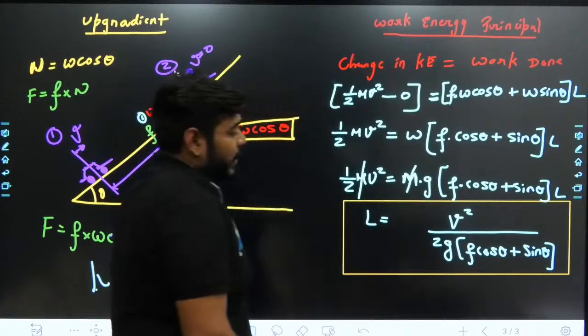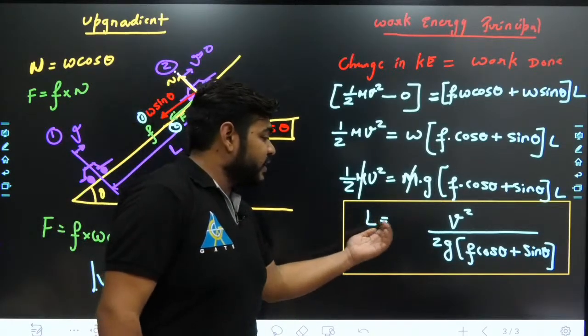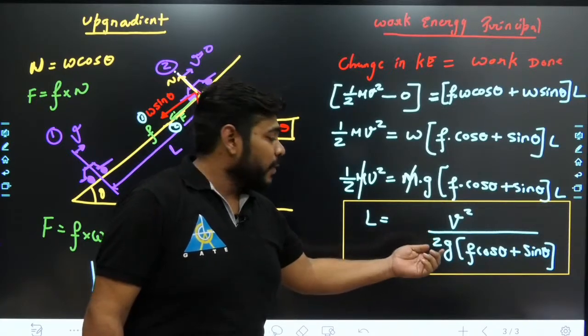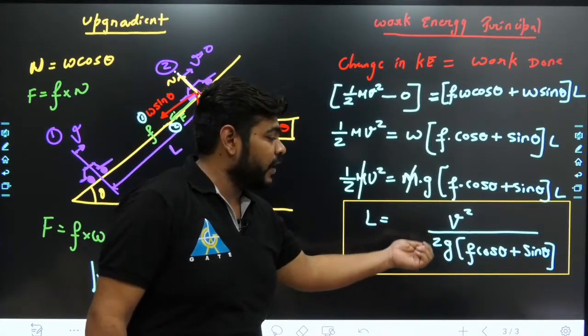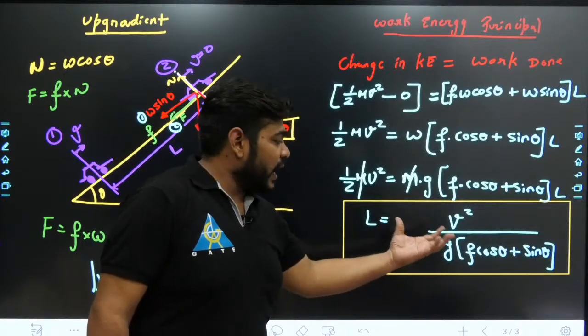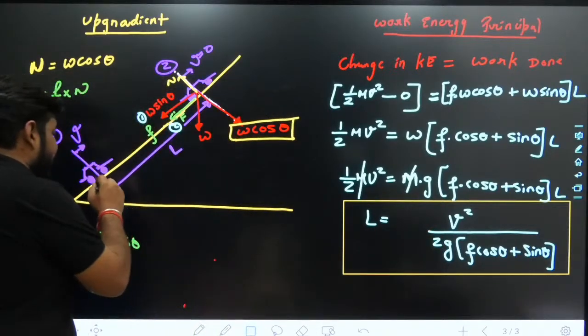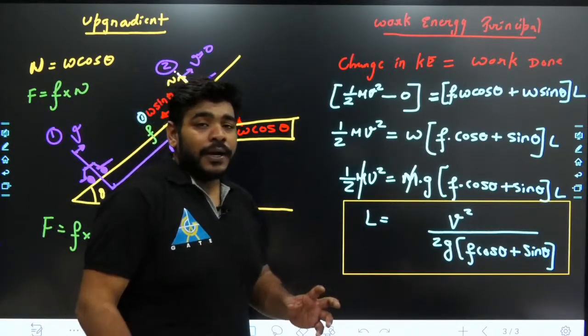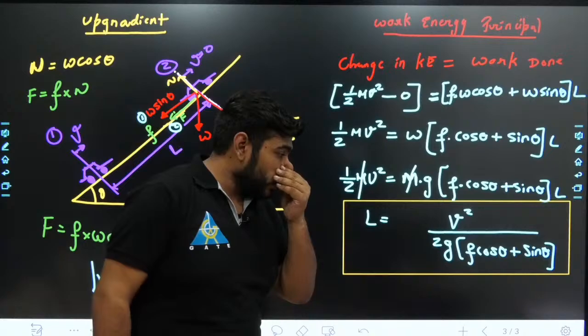But this can't be used in your equation just to get the answer. This expression can't be used because this is not the final expression we are willing to find. We want our expression to be in tan theta, so that we can use that expression directly to get the braking distance. So what we'll do,